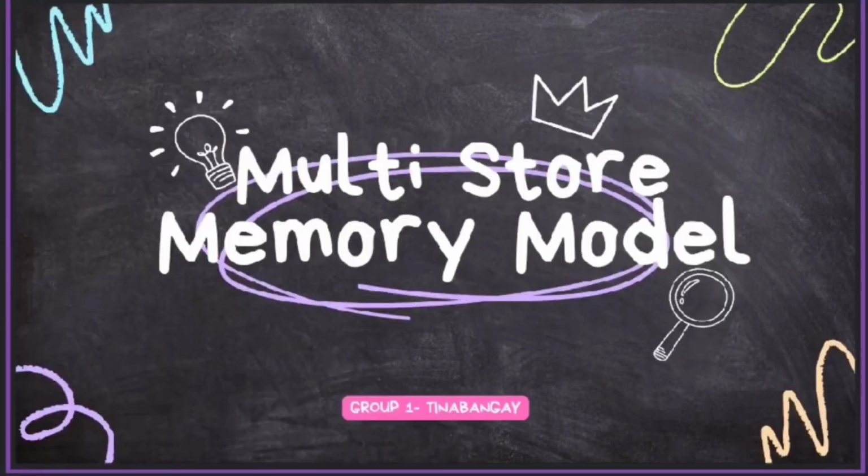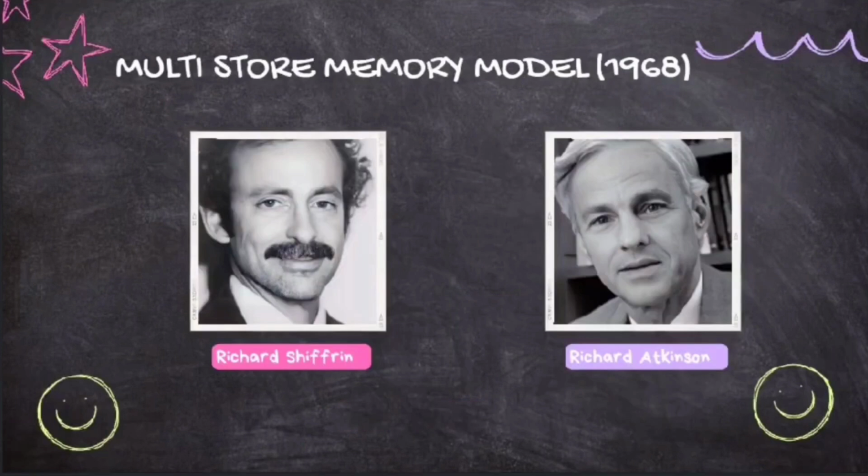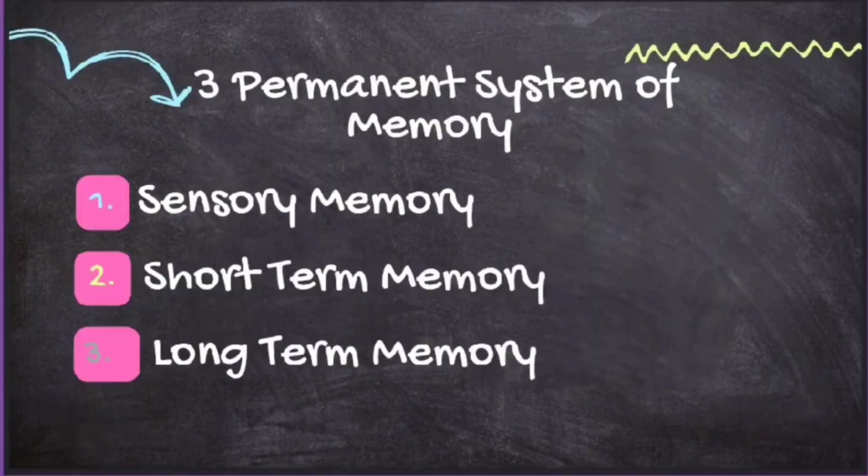Our lesson is all about the multi-store memory model. So what is the multi-store memory model? The multi-store model of memory, also known as the modal model, was proposed by Richard Atkinson and Richard Shiffrin in 1968. In their structural model, they proposed that memory consists of three stores, including a sensory register, short-term memory, and